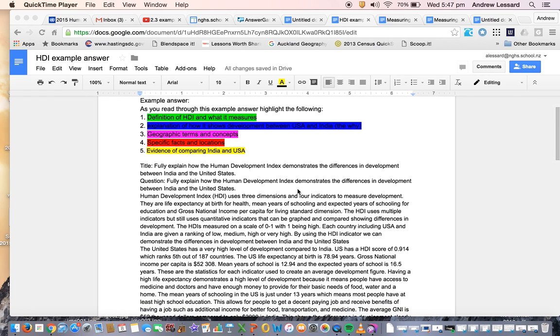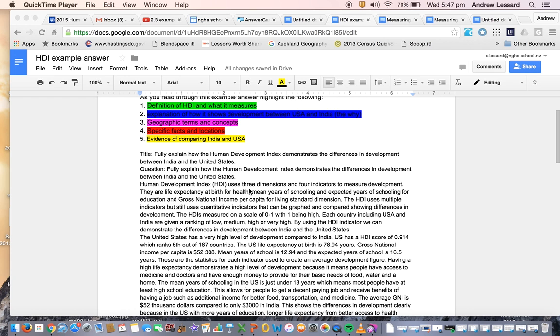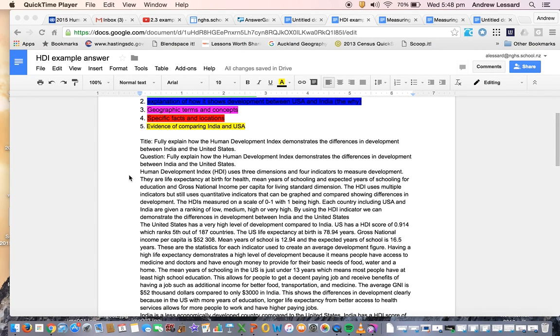Okay, so for this question, it's asking to fully explain how the Human Development Index demonstrates the differences in development between India and the United States. Okay? Remember, whatever the question asks, that's what you need to actually give them. Okay? The markers are looking for, did you answer the question? Okay? So the first part here